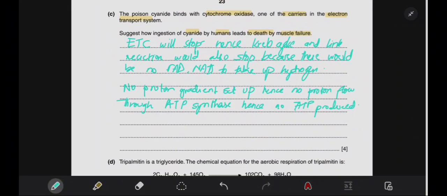Suggest how ingestion of cyanide by humans leads to death by muscle failure. Okay, we also need to write how this will lead to muscle failure. We know that ATP is required to help the sarcomere contract, right? As there is ATP in the myosin head, which helps the contraction take place. So you can write that the most important organ in the body is obviously the heart. If the muscle of the heart doesn't contract, the heart won't work and the person will die eventually. So you can say that heart muscle